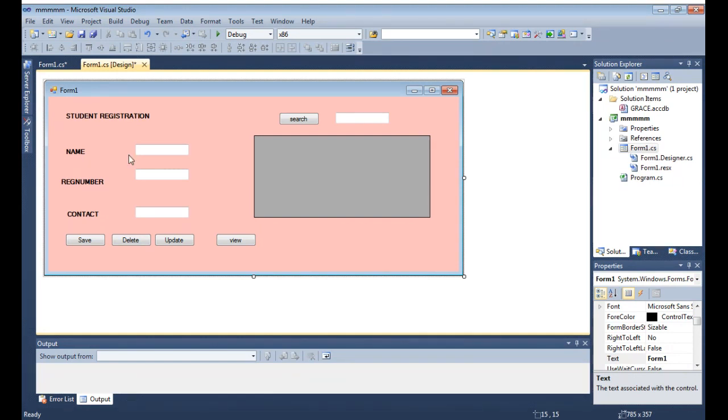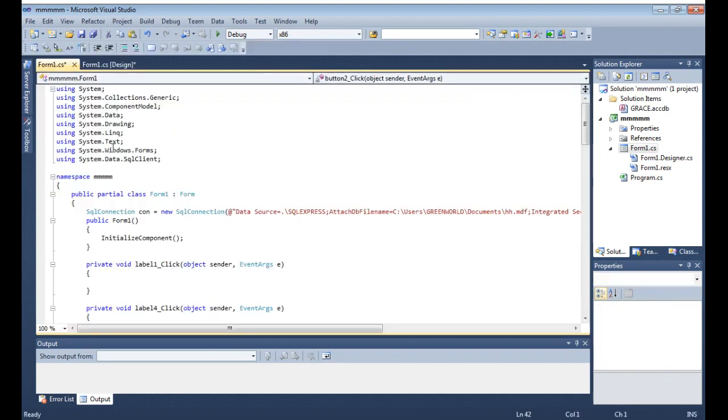In the code, we created an SQL file in our library and named our project MMM. And here we coded the SQL connection between the SQL and the C# application. We are having here